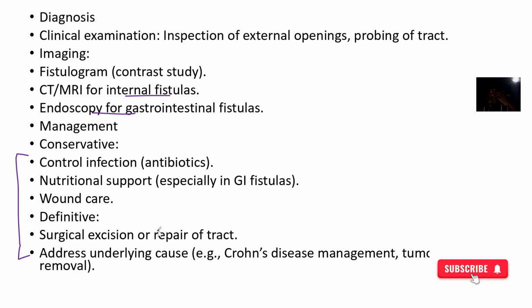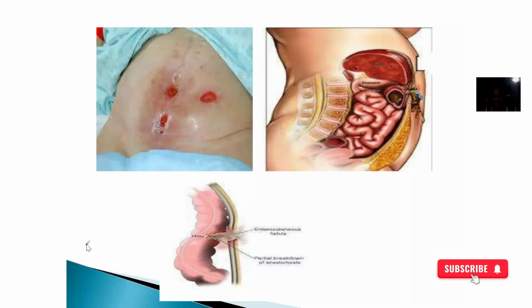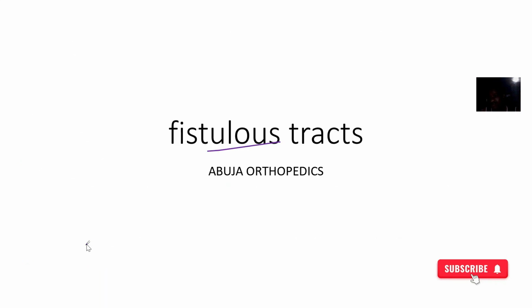So control infections, nutritional support, wound care. Right, then surgically you cut out the tract, then you what? Suture. Okay, you close it. So they also manage the underlying conditions. If the person has any other underlying disease condition that is basically causing the fistula, I try to